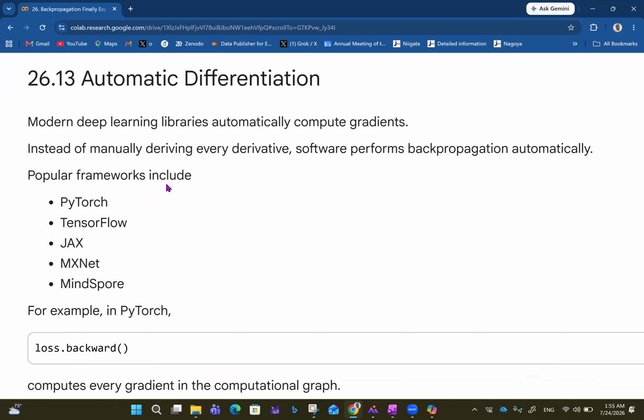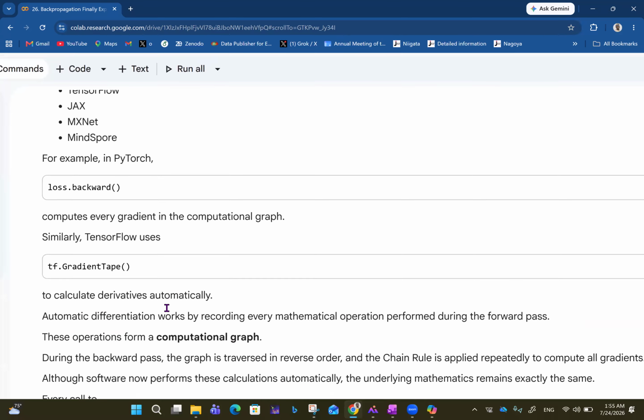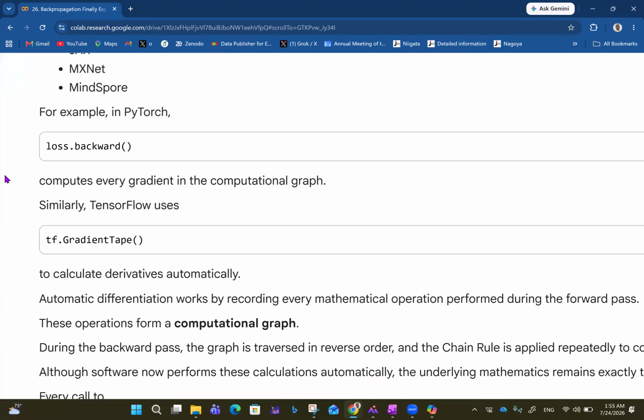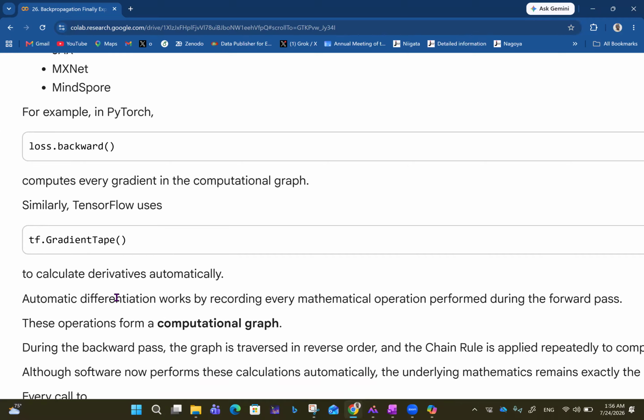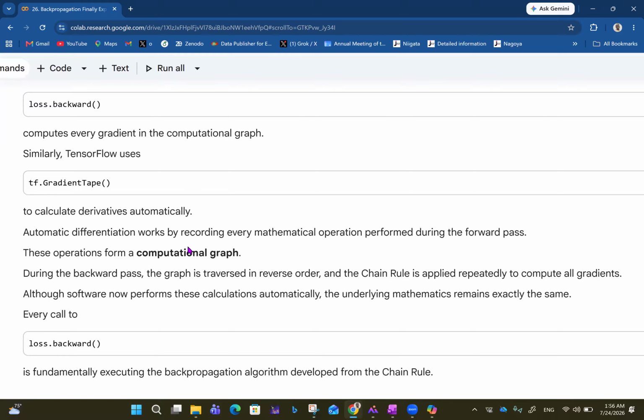Popular frameworks include PyTorch, TensorFlow, JAX, MXNet, and MindSpore. For example, in PyTorch, you have things like loss.backward, which computes every gradient in the computational graph. Similarly, TensorFlow uses tf.GradientTape to calculate derivatives automatically. And then you have automatic differentiation,